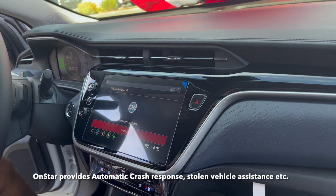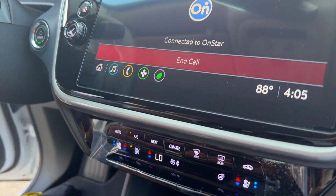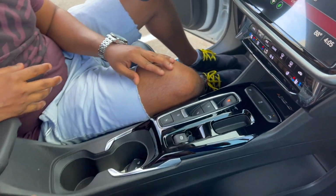We're able to get the AMS to your location, even if you're unable to get them yourself. You've also got the Wi-Fi like we just set up earlier. You have stolen vehicle assistance if somebody steals the